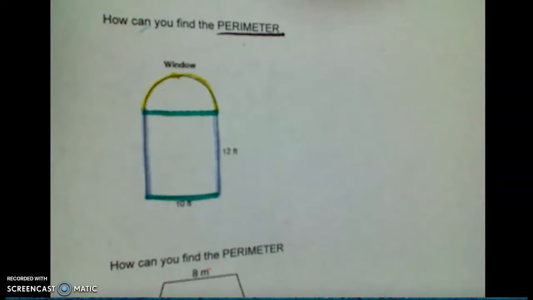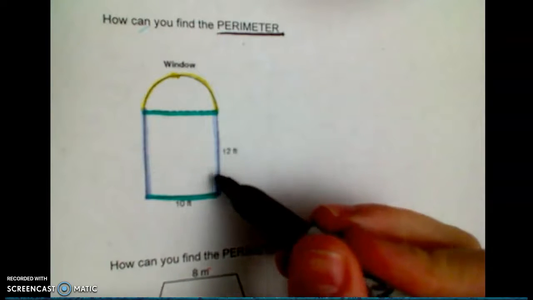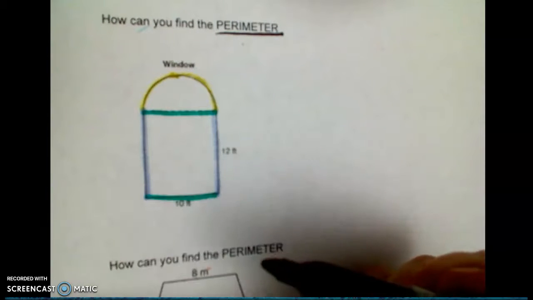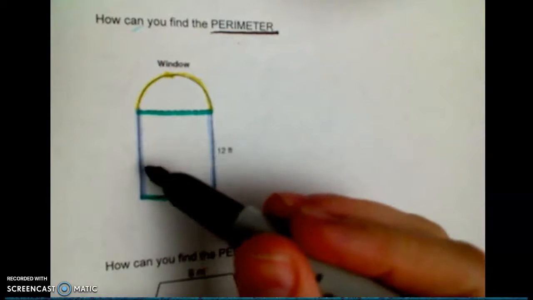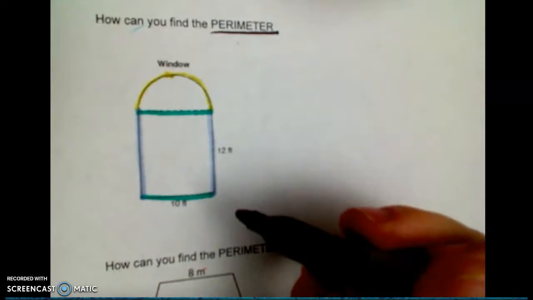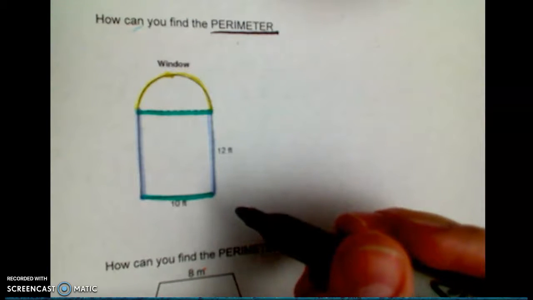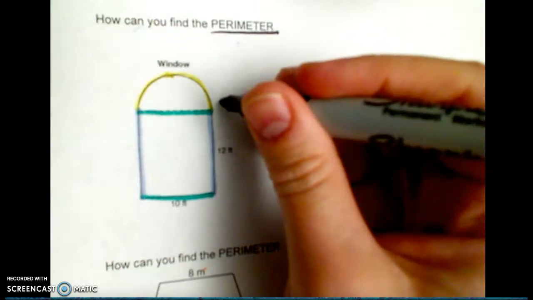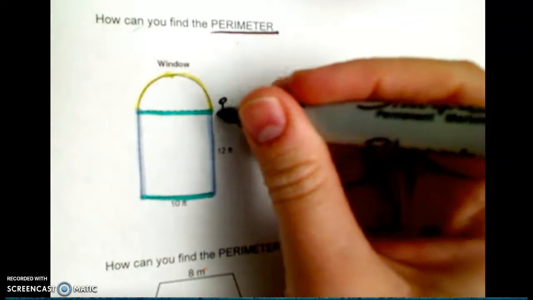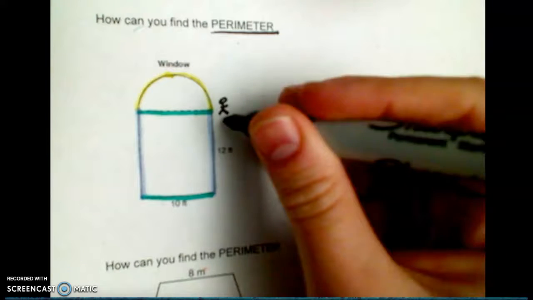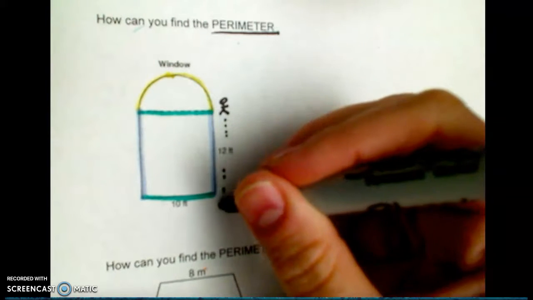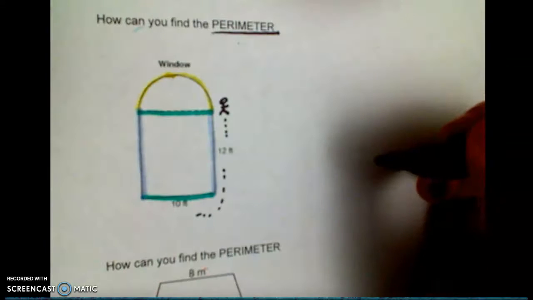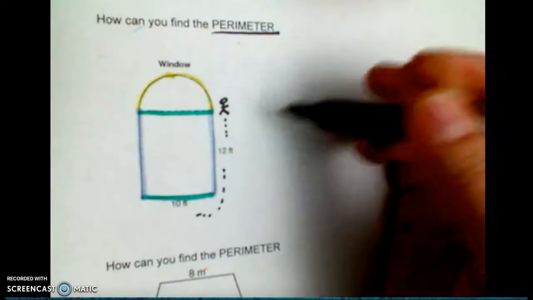Color! Now, I like to use the same color on things like rectangles where the sides are the same. So if I was going to calculate perimeter, that would be like if I have a little man right here, hello, and he wants to go for a walk. And he's going to walk all the way around. So I would need to add 12